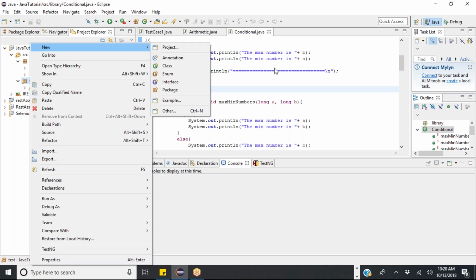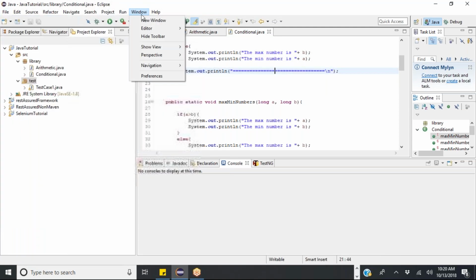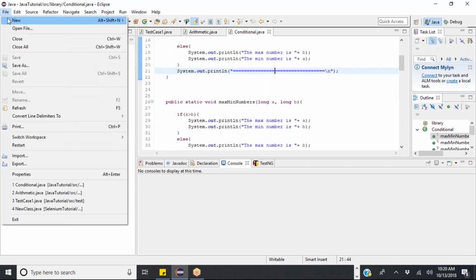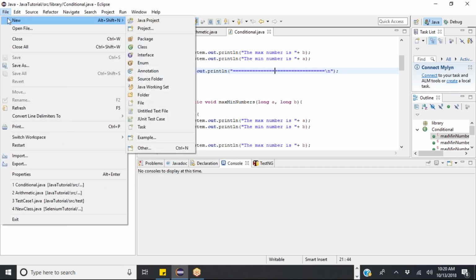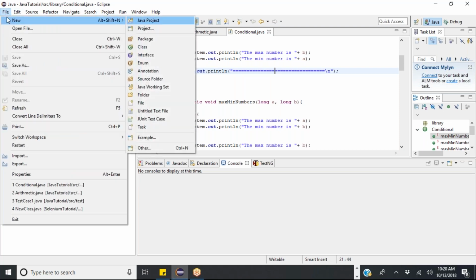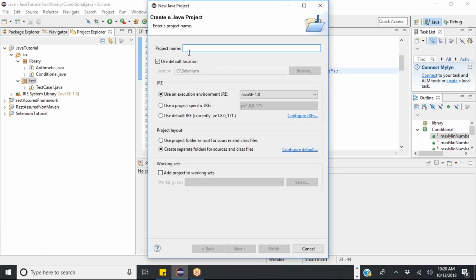Okay, when you create a class, first you create a project, a new Java project. When you install, go for the project, go for this Java project. Then it will ask you to enter the project name, like Java tutorial or Selenium tutorial, whatever. And then click next, finish, and just make sure you select the current Java